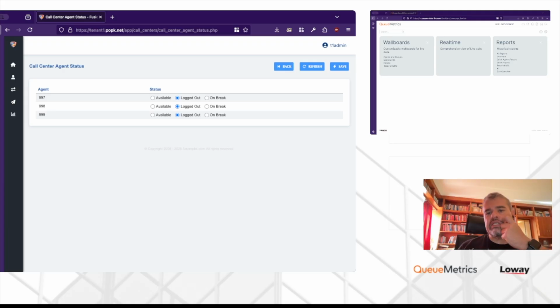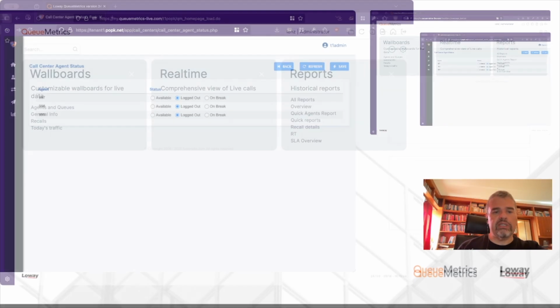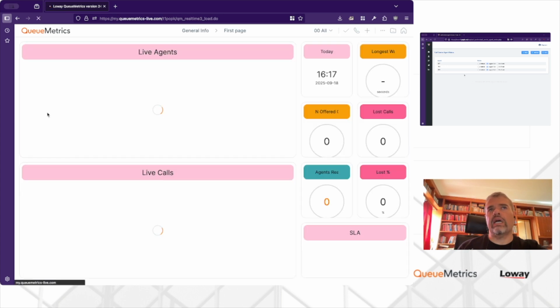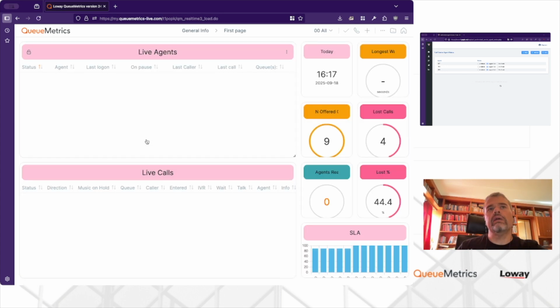So let's see what happens in this case where we want to, for example, change the visibility of an agent. We go to QueueMetrics, we go to the wallboard. The wallboard is a customizable page. In this case, I customized it so I can see the status of current agents and current calls, of which there are at the moment none, but we go back to Fusion